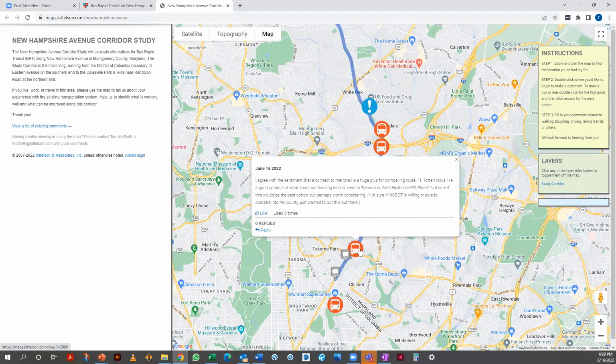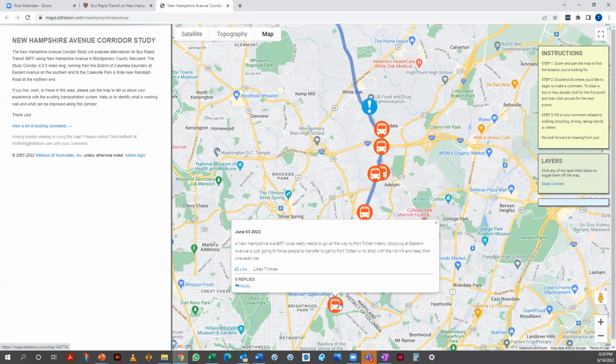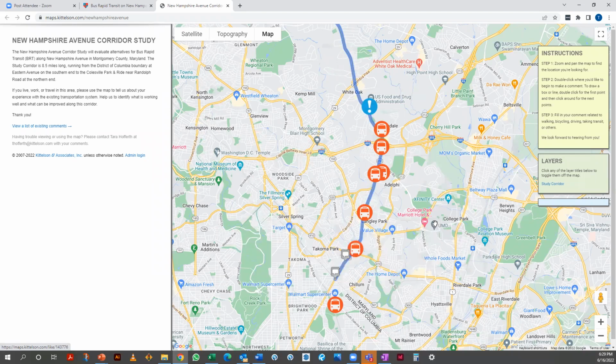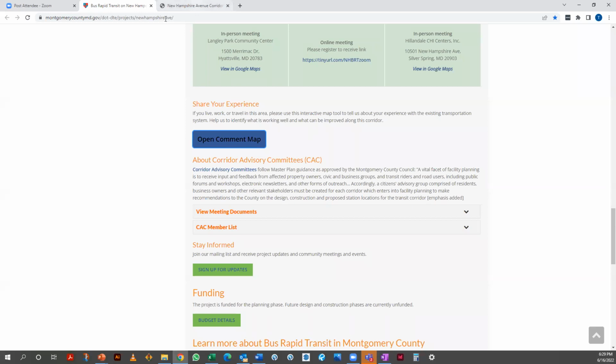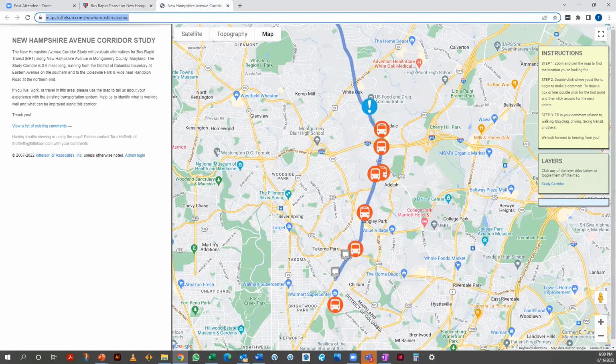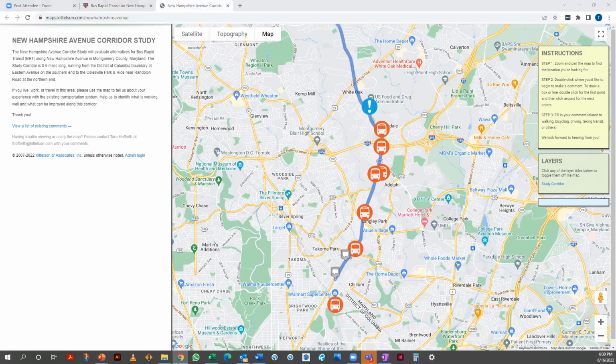If there's something that you want to make sure that the project team is considering, there's a link to that right on that page, and you can go ahead and put that in there. You can also upvote, say, yep, I agree with this person's comment. I don't need to, they've already said what I was going to say. And that's available as well. And this will be up for the duration of the project. So as we go through this, if you have additional thoughts, you're always welcome to come back here, and we'll be monitoring this so that we can keep track of the comments that folks are putting in.